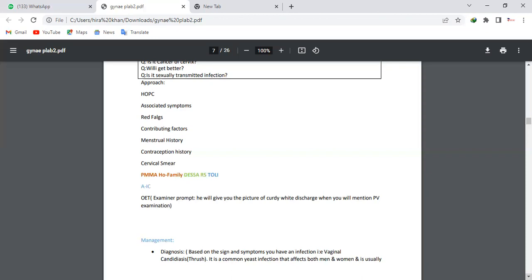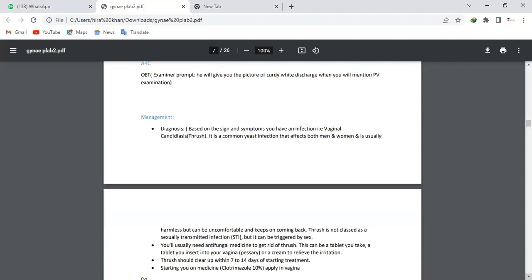So, Catherine, based on the examination and investigations that we did on you, I believe it might be just a simple infection of your vagina, called bacterial vaginosis. Earlier you told me you were worried about it being cancer. The good news is it's not that. Okay. So how are you going to treat me?